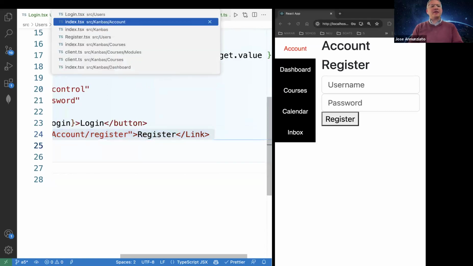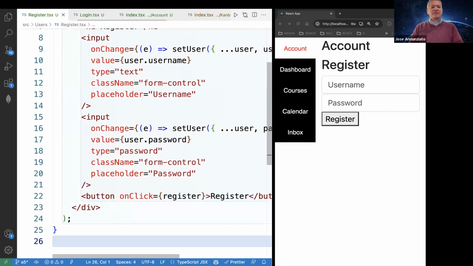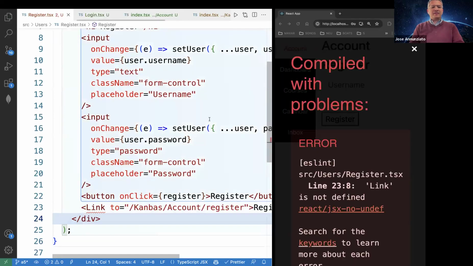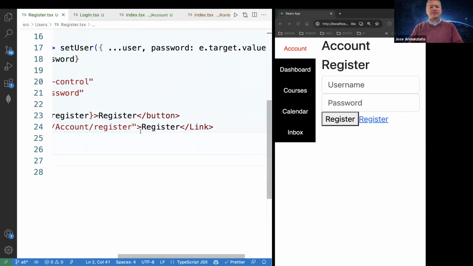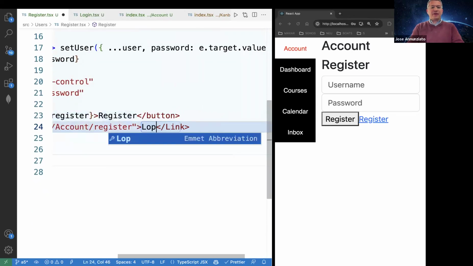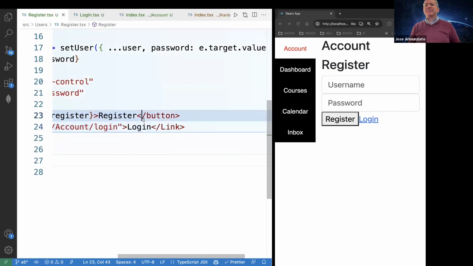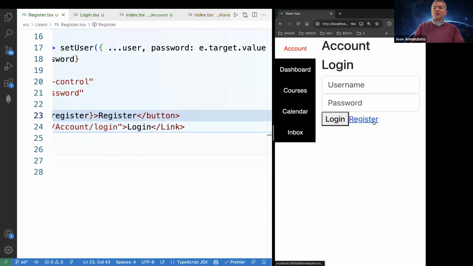So if I am in register, I'll have a link that allows me to go to login if I do have an account, and this is login. Okay, everybody good? Now, if I register or if I log in, both cases, presumably I would end up